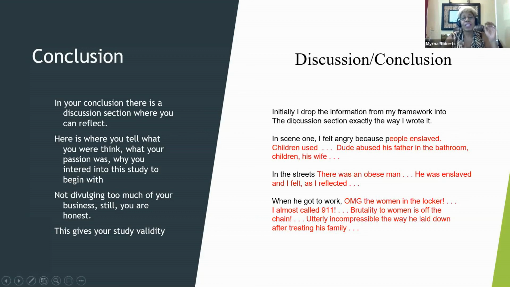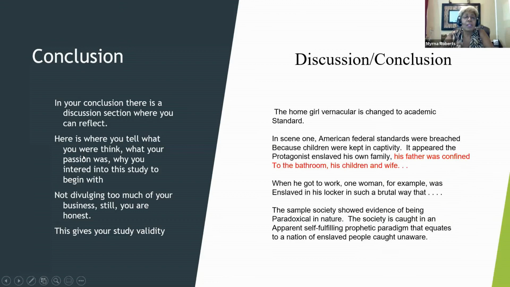So if you can read what I wrote initially, I dropped the information from my framework into the discussion section exactly the way I wrote it. I just told you that. So in scene 1, I felt angry because people enslaved, blah, blah, blah. That's what I wrote. Those are the exact same words that you saw on the other slide in my table. But when I go to changing it,